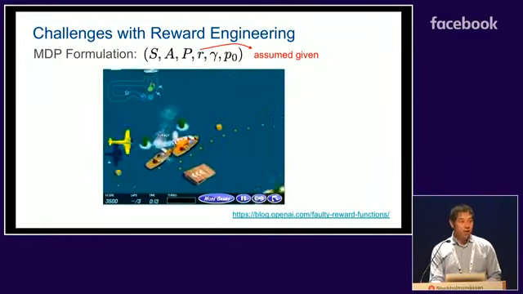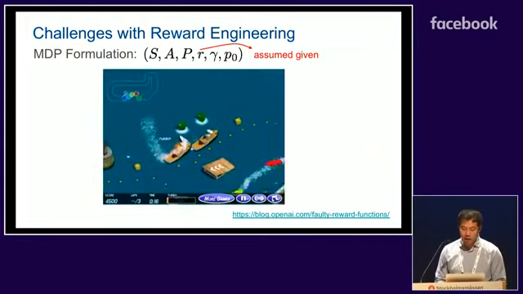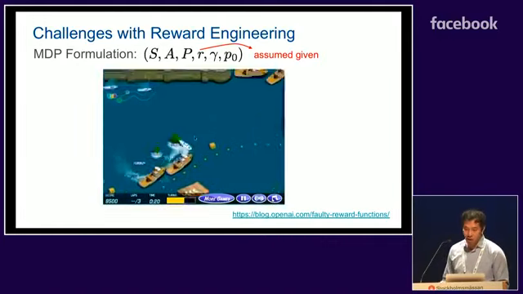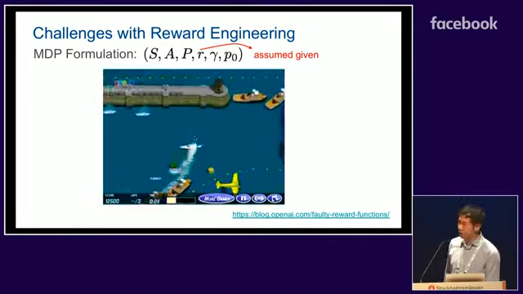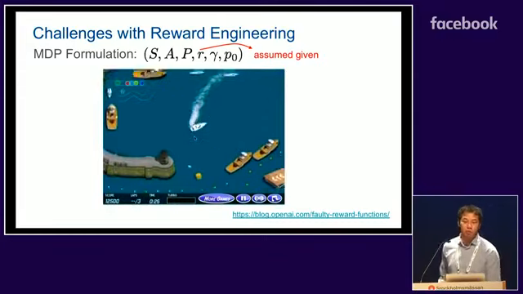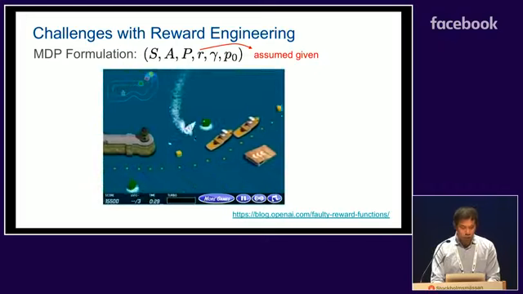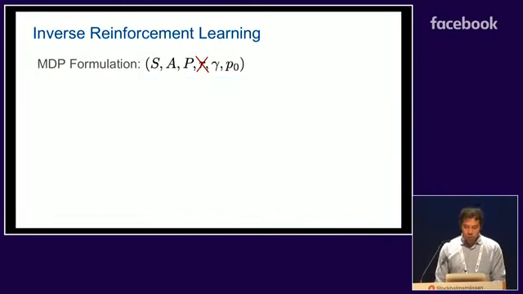But instead of finishing the course, the agent actually learned to cheat the system and get higher reward by going around the circle and trying to hit as many targets as possible instead of moving forward. So this is one small example of what could happen when you try to incentivize the agent to do the things that you want. Okay, so we see that in many examples, we don't know what the right reward function should